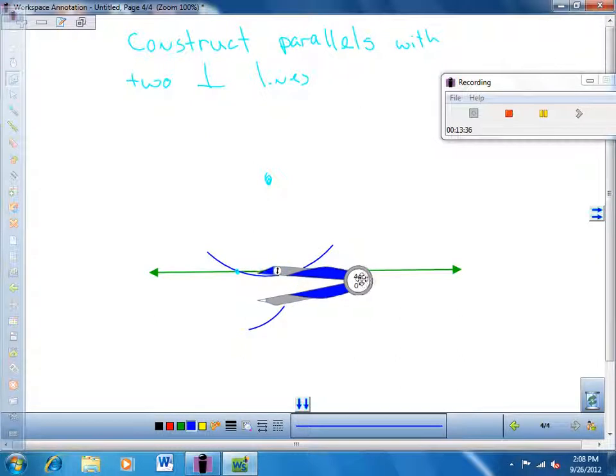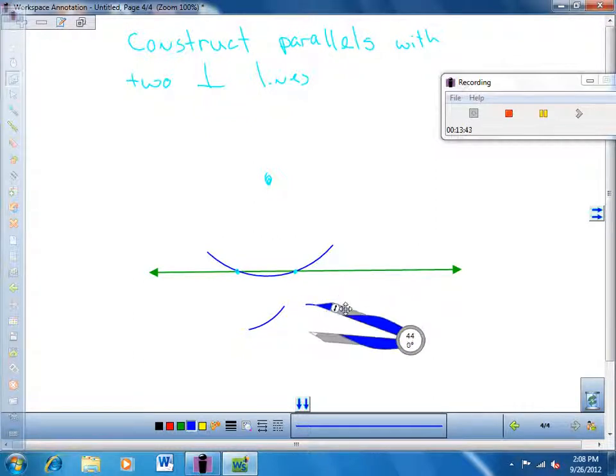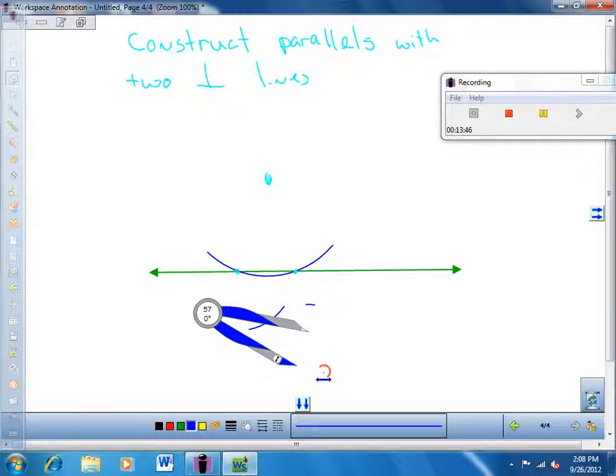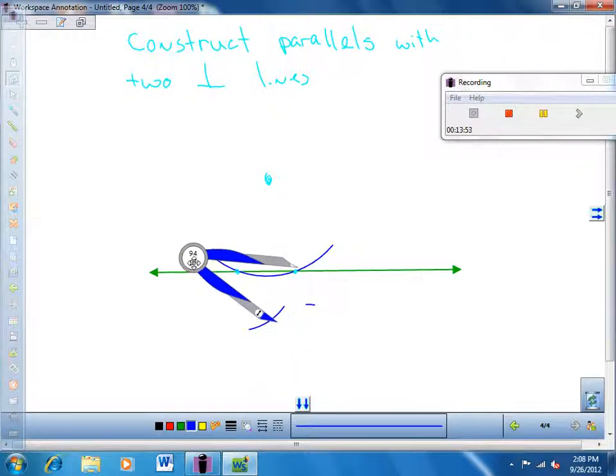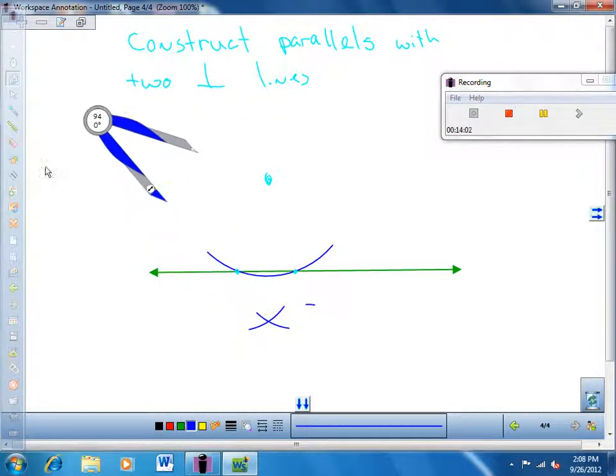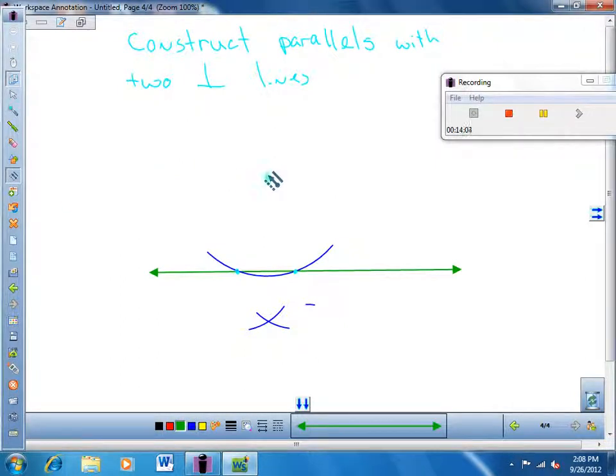Okay. And I'm going to take this. I am going to lift my compass around. How do I turn it? There we go. 94, 94, 94. There. I'm going to put this point right there. Now I'm going to cross this arc. Okay. And now, if I connect this to here, I should have a perpendicular